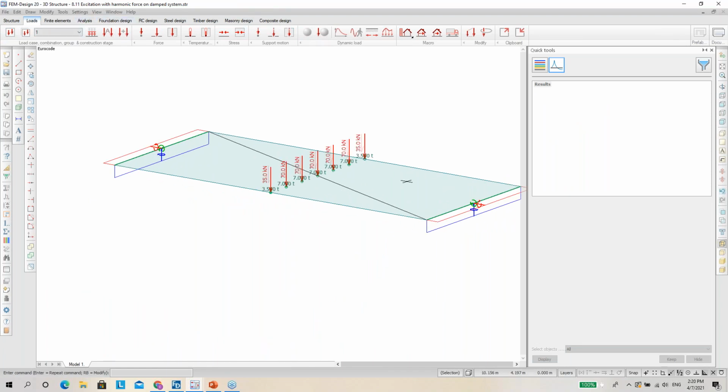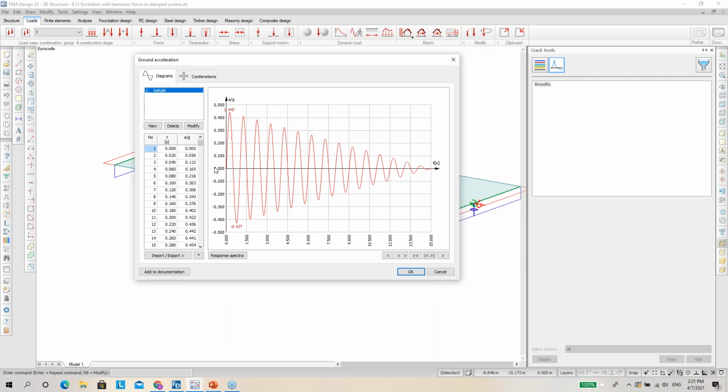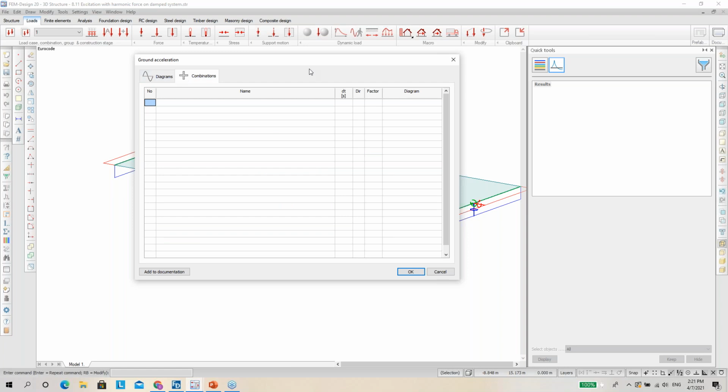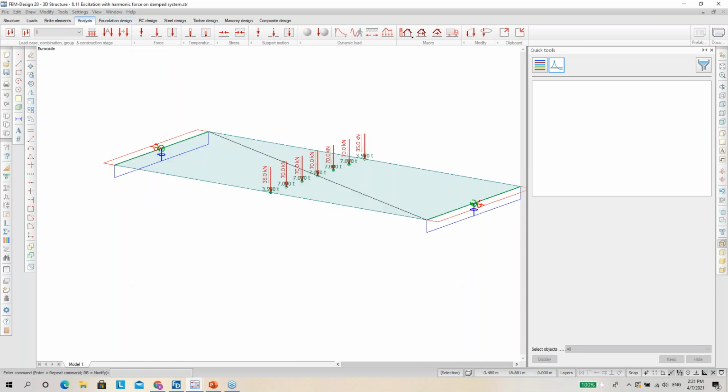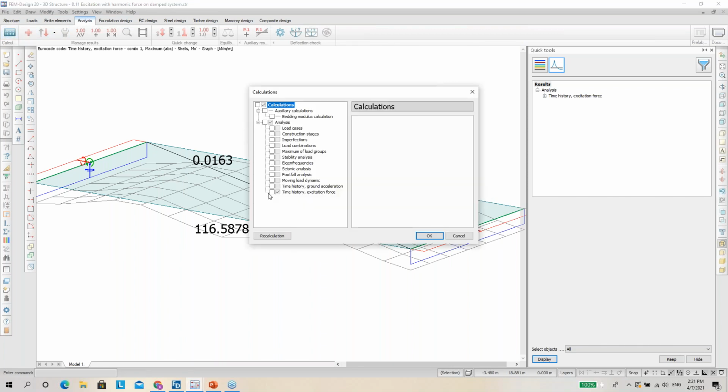Now, in this particular model, as you can see, we have a simply supported plate with some concentrated loads on top of it. And we have a function, ground acceleration, no combinations. And if I go to the analysis tab and I select the time history excitation force, which I already ran previously,